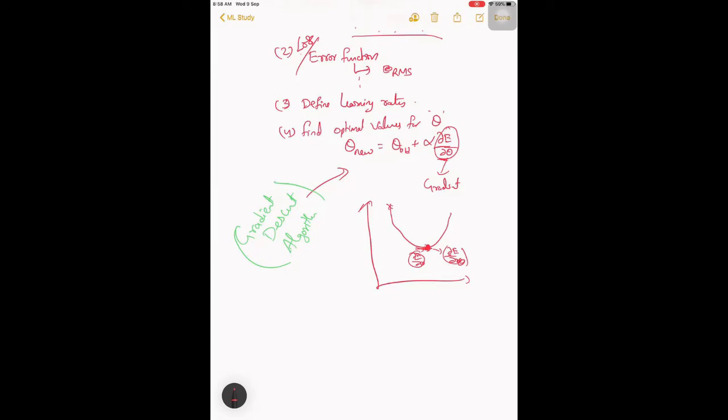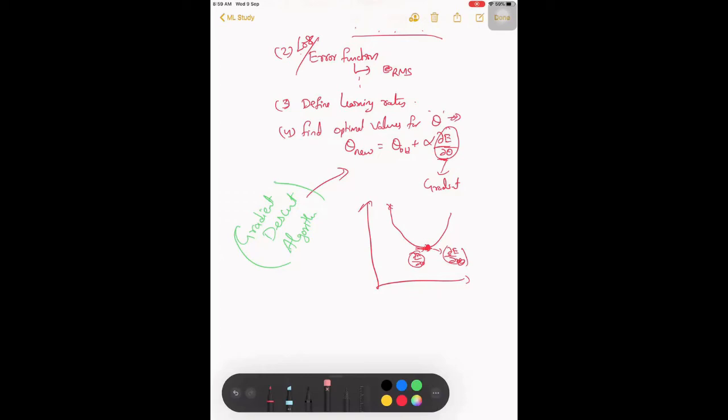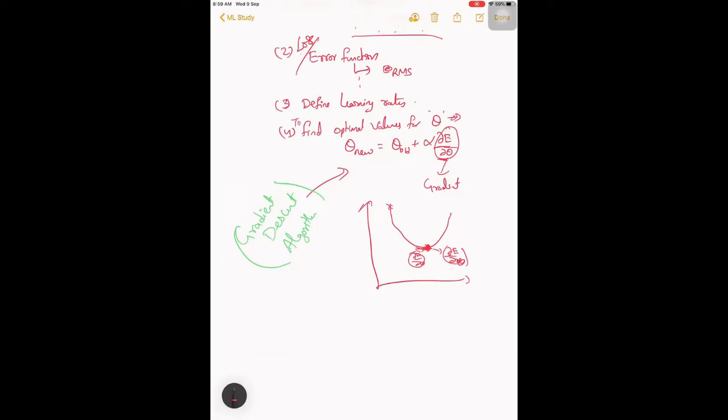So at this level, to find the optimal values, we have to choose the optimization algorithm.